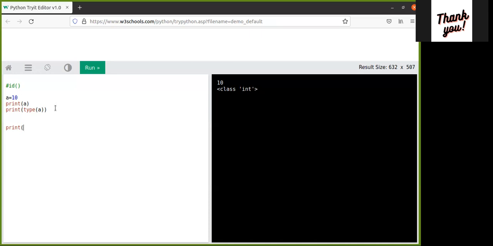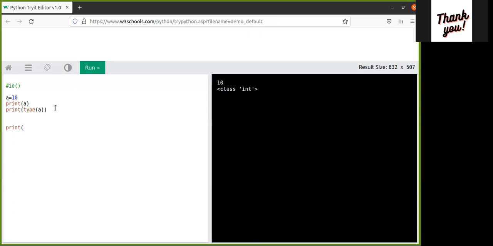Similarly, a is a name given to the variable, and it points to the heap memory basically. So the value 10 is stored inside the variable a.